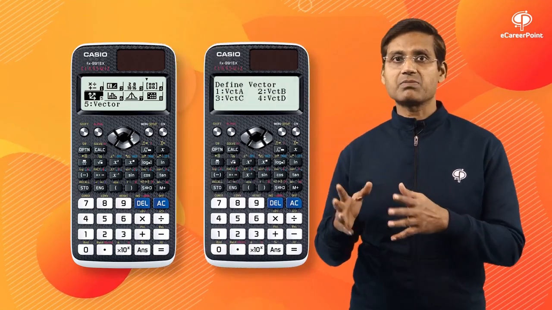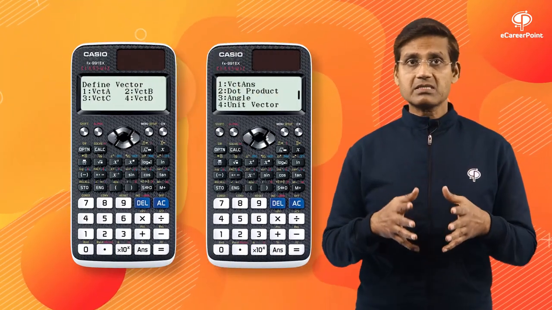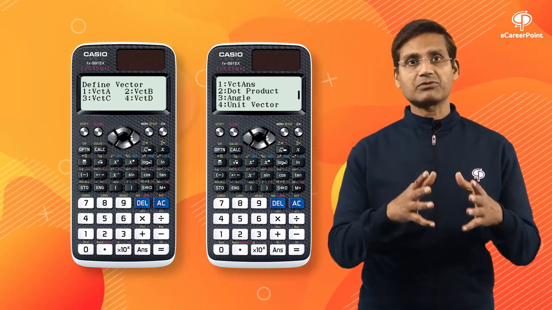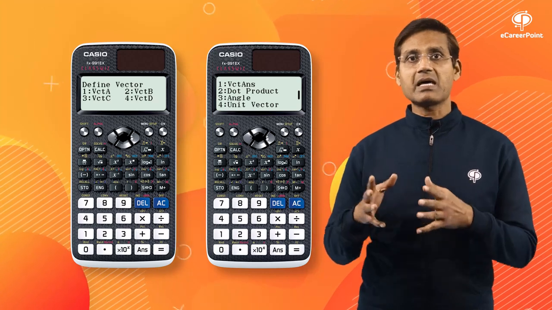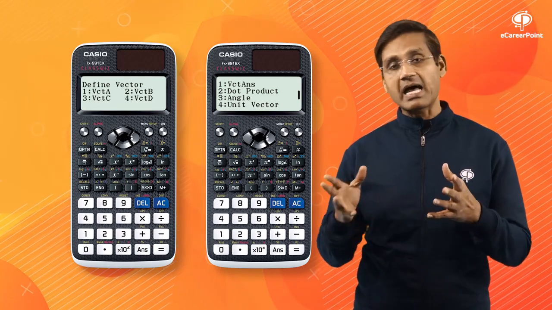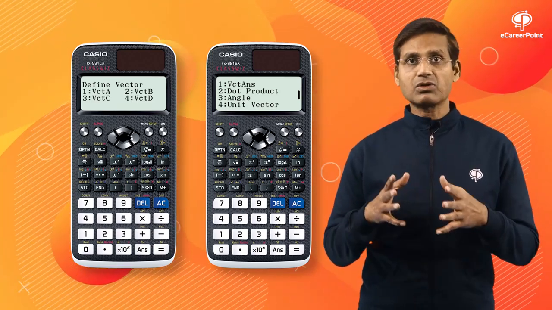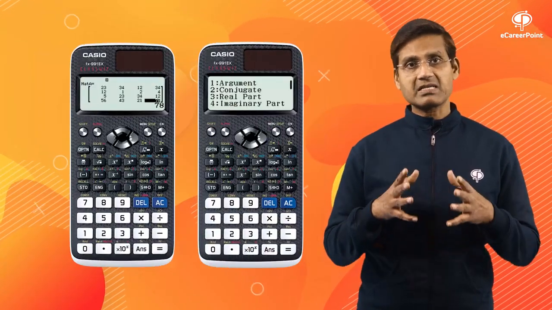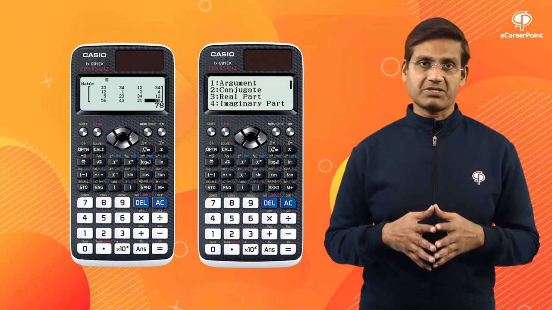You know, calculations based on vector algebra are not only required in maths but are required in physics also. This calculator is enabled with a vector calculation feature, and that definitely brings you out of those troubling moments when you get stuck in errors related to vector calculations. Using this calculator, you can perform differentiation and definite integration also, which are the core of calculus and are of great applications in physics. You can use this device to rectify your errors in matrix calculations and complex number calculations also. FX991EX ClassWiz has all these basic functions, which are very much required for studies.